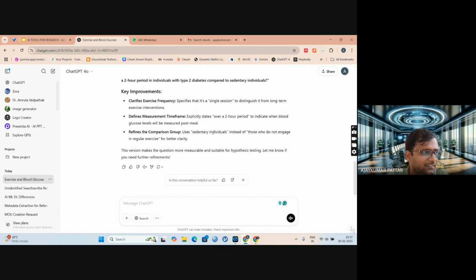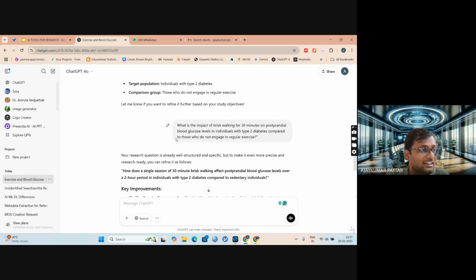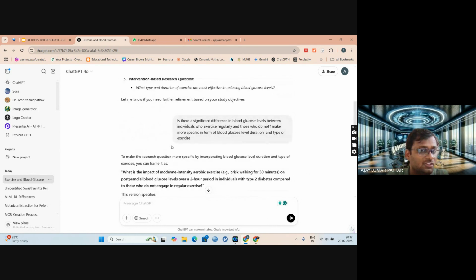Whatever thing you want, you have to give a proper prompt. That is the most important one. If you are not giving a proper prompt, then it will give a more general one. And ChatGPT is not final. You have to know which one I should take and where I have to modify it, because ChatGPT will do 80% of the work, and 20% of the work you have to do. So this is the usage of ChatGPT to identify the research problem and make the research question.